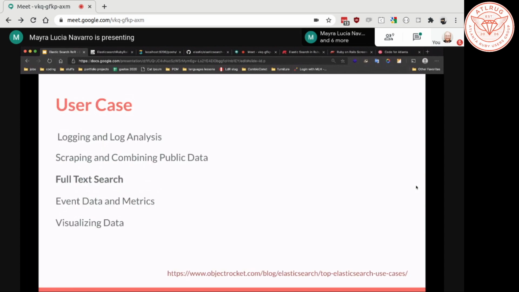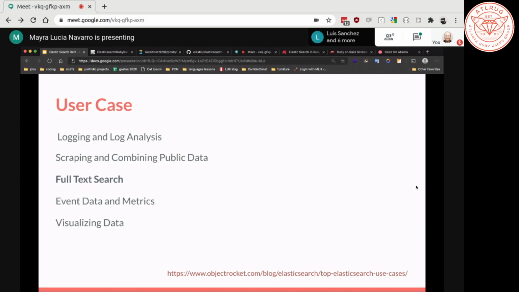One of the common use cases, of course, is if you want to make searches, find something related to logging and log analysis, scraping and combining public data, because you can include even external links or external data that you want to be searchable. Full text search is the one I would like to expose today.